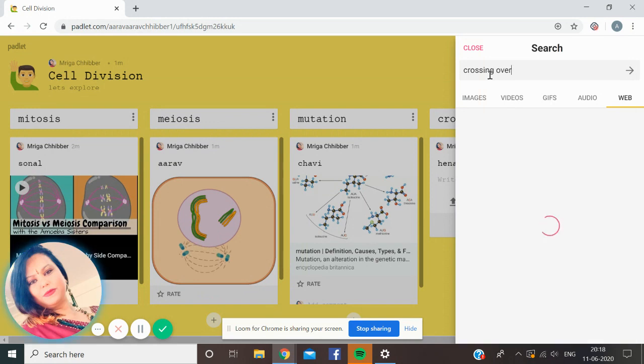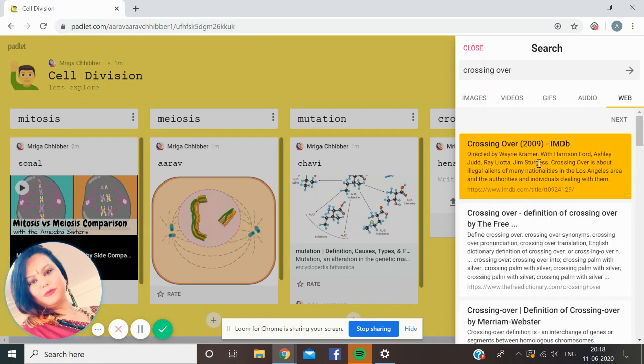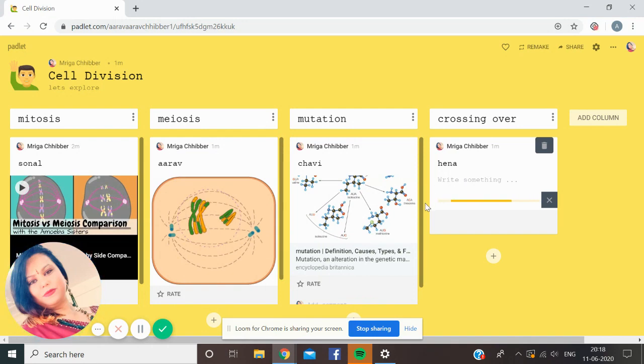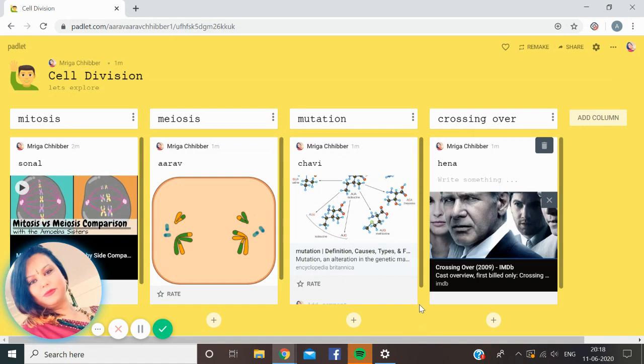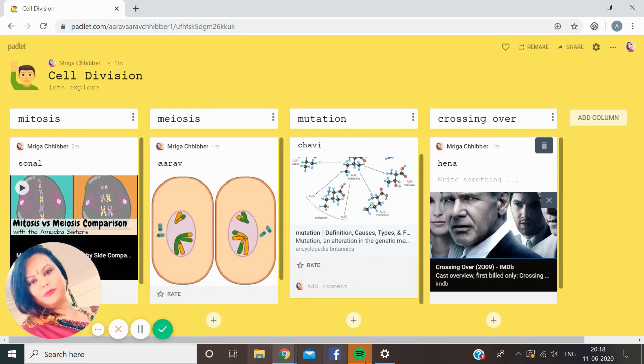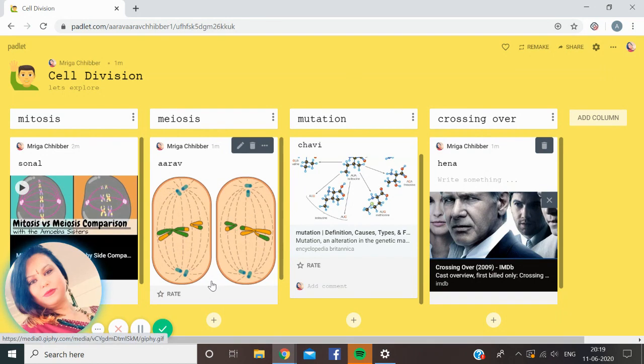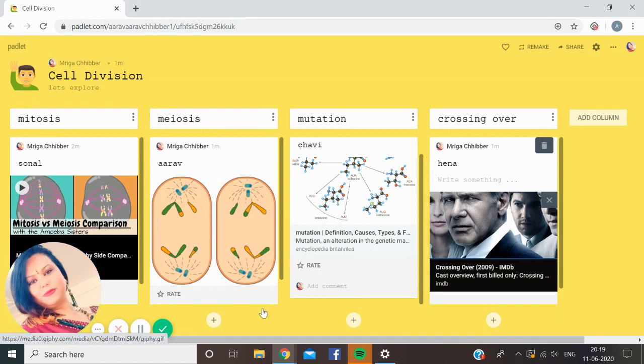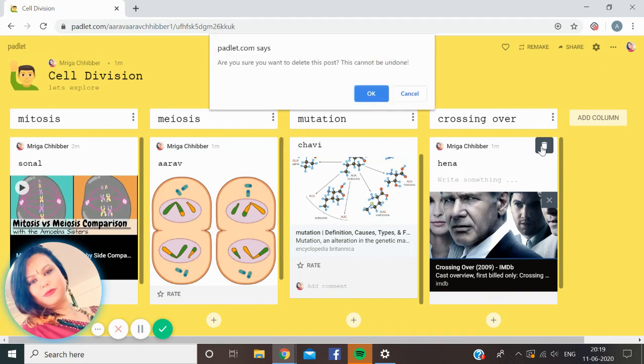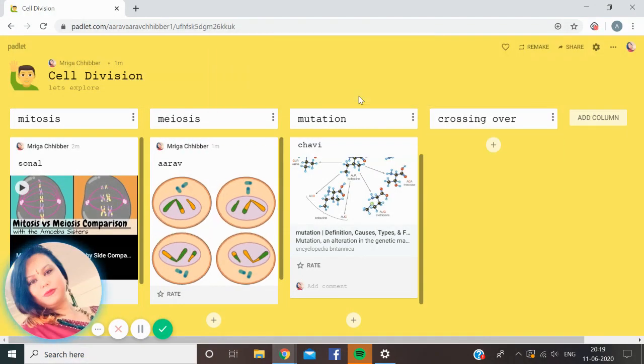Now just imagine 40 students doing the exploration work, okay, on these four topics. So how much material are we going to get, and how much exploration is being done? This is not just the teacher teaching the class. Now the students are doing the explorations. When everybody is finished with the work and everybody has sent whatever they want to send, and you, as the teacher, if you want to delete something, you can go and just delete the post if you don't like that post on your wall.